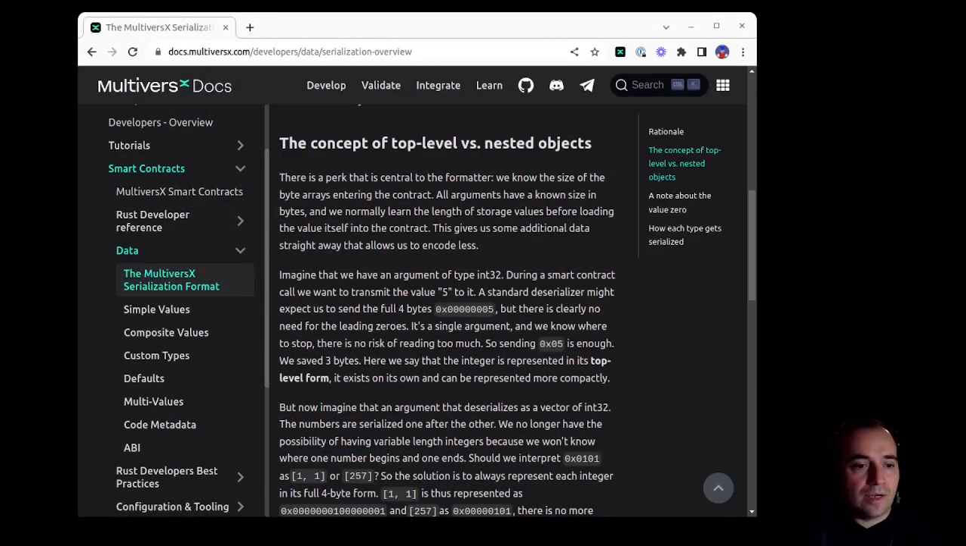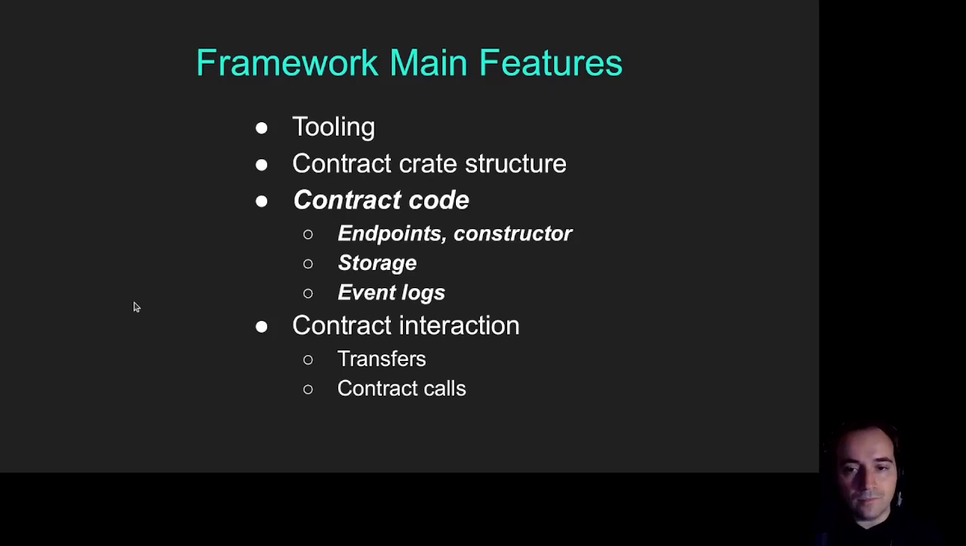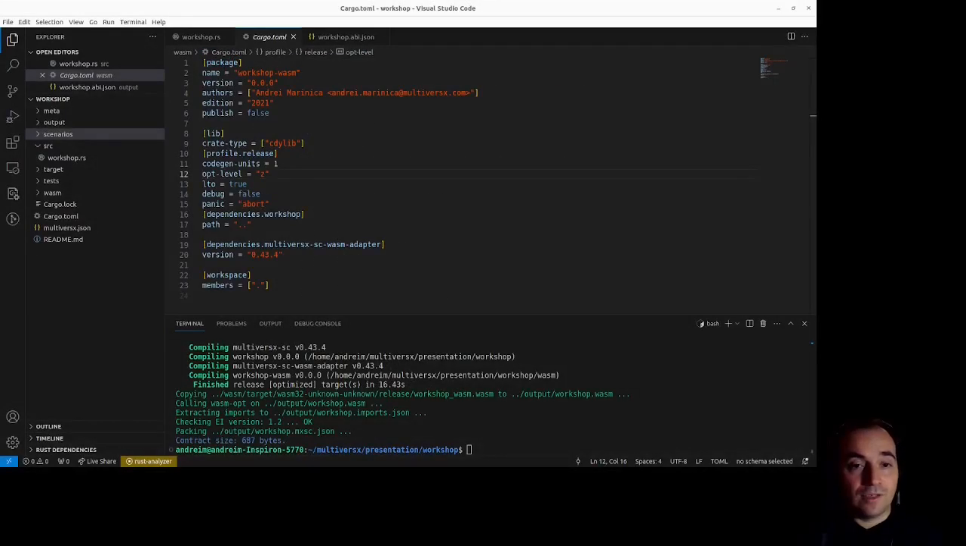We talked about the contract crate structure. Now let's have a little bit of a look at code in a bit greater depth. We did see a few endpoints, a constructor, but let's see what else is there to be found in smart contracts. Right. So for this, I'm going to abandon for the moment our little workshop project, and I'm actually going